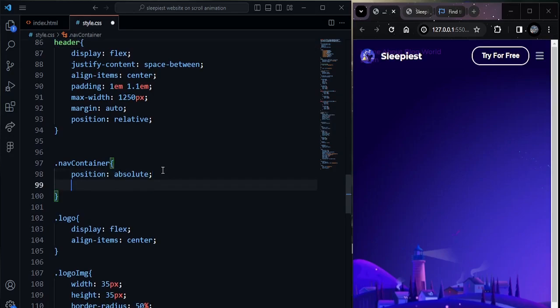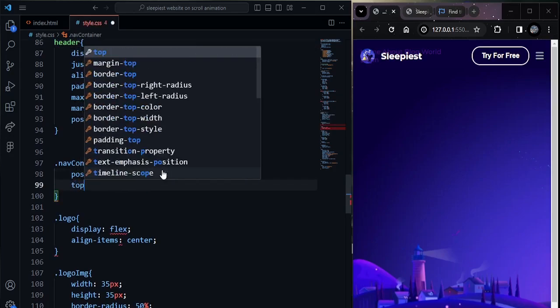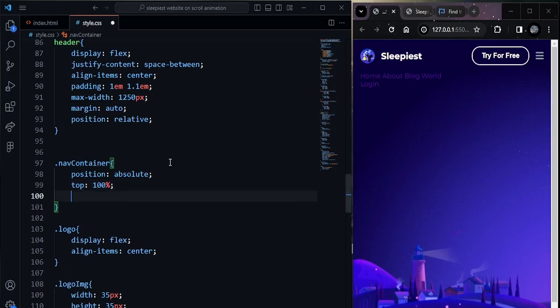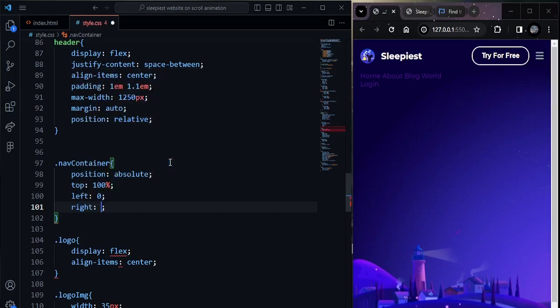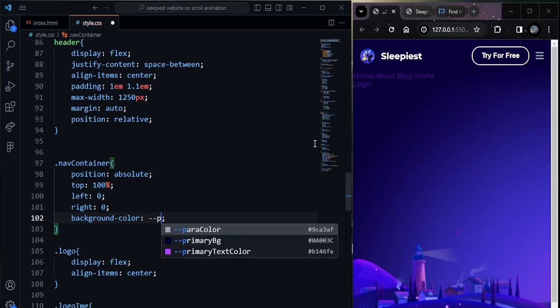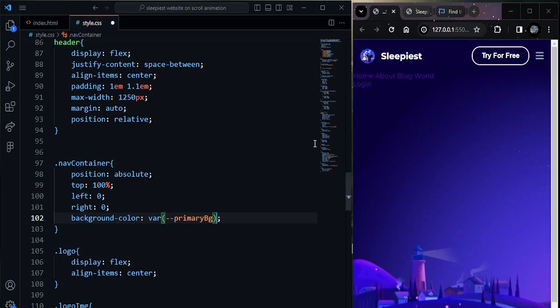Again, the gap from top 100% of the parent. Now it is 100% far from the parent, and left 0, right again 0, and the background color will be primary color, similar to the body color,